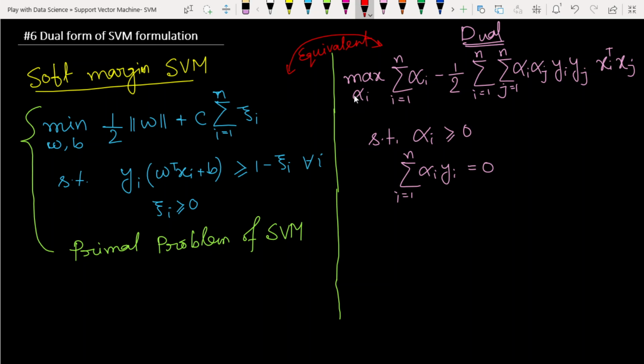Both the equations are equivalent. They have no differences. I just transformed these equations into this form. Okay. Now simply, if you just see,